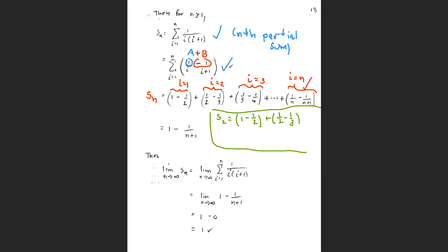Do any terms cancel out? If we do it this way, then it will cancel out to 1 plus the last term. That's right. The negative half and the half cancel. The halves cancel. That's right, Shalom. That's right, Yonatan. And what you're left with